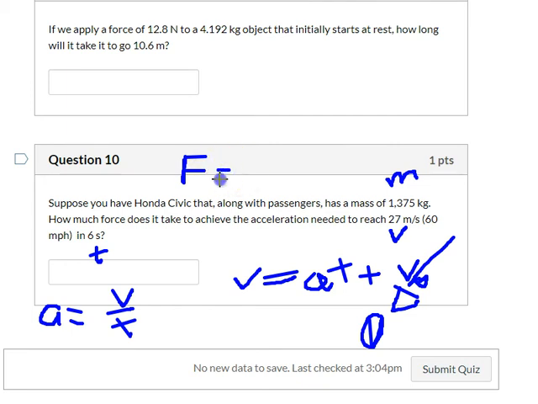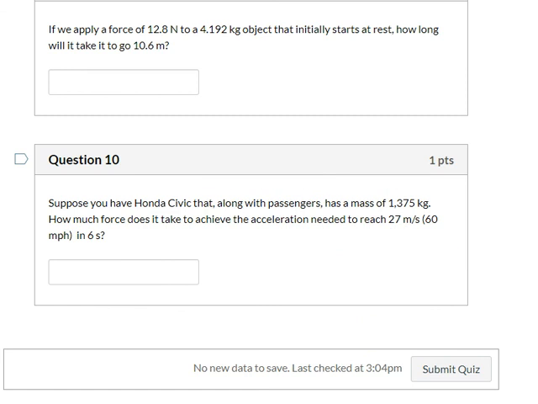F is ma. We get a from v over t, and then we've got the mass and the acceleration, so F equals ma. And that's it for the walkthrough on homework number